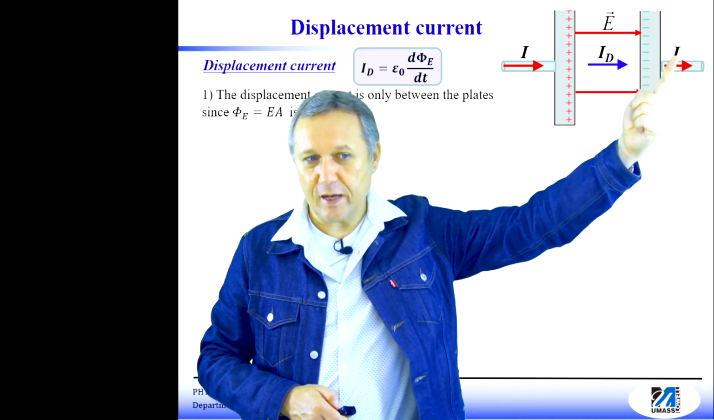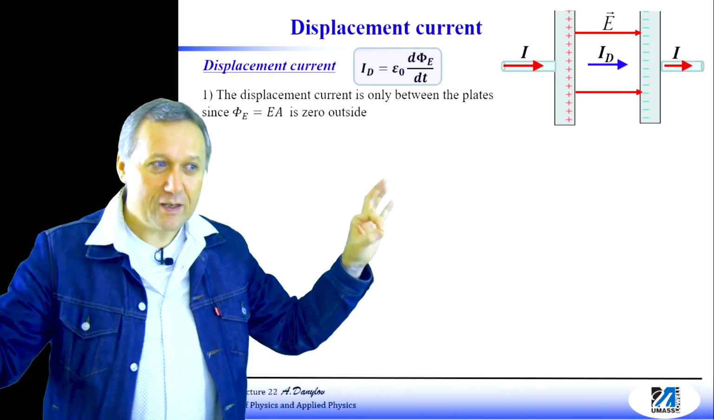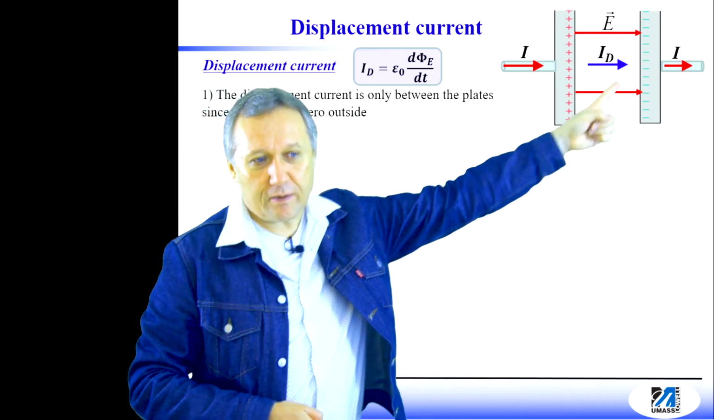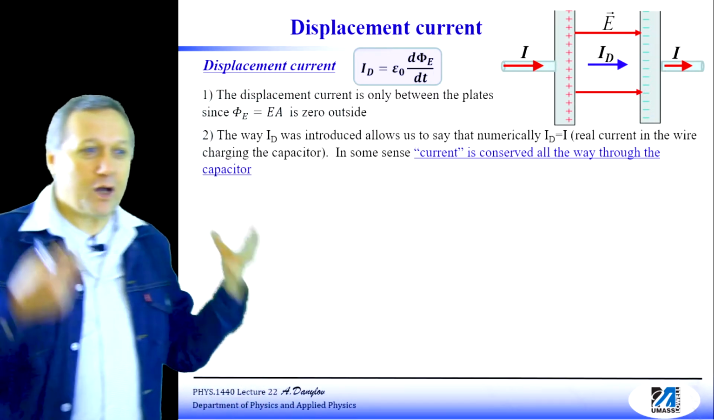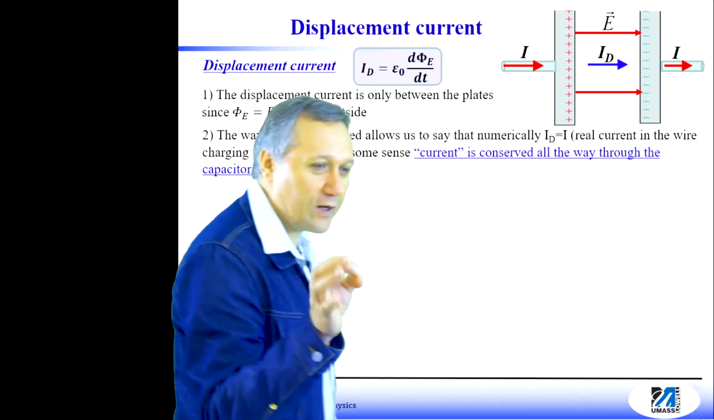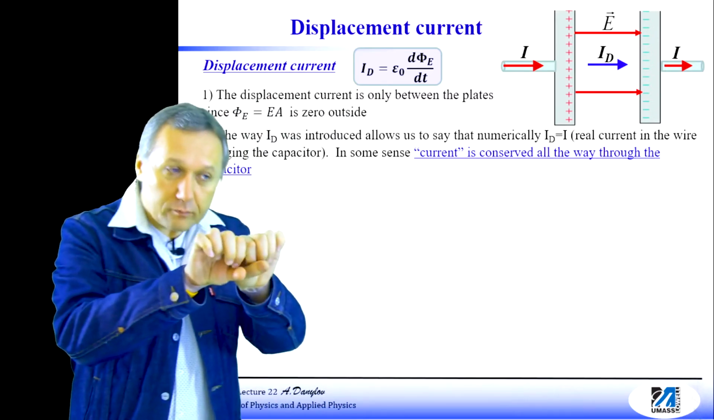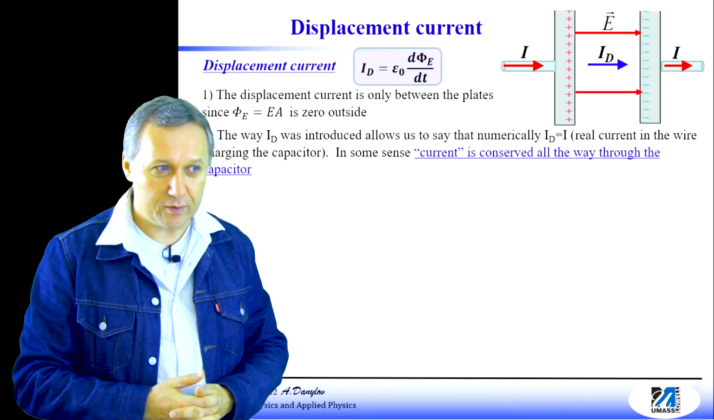So here we have the actual current, and here we have the displacement current between the plates, and numerically it's the same value, 5 amps, 5 amps, and then again 5 amps. So you see, now we have a true conservation of current. You remember when we introduced conservation of current without a junction point, I told you that if there is no junction point, the current must be exactly the same at any point,